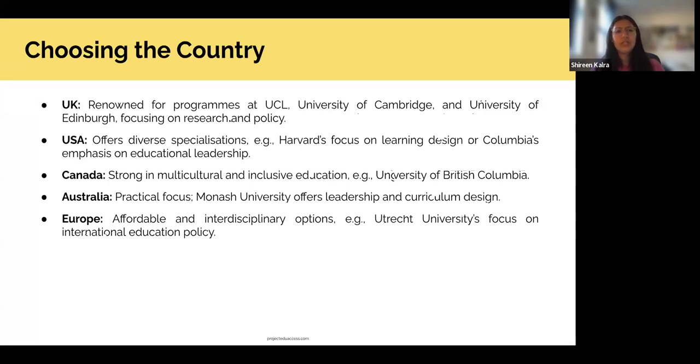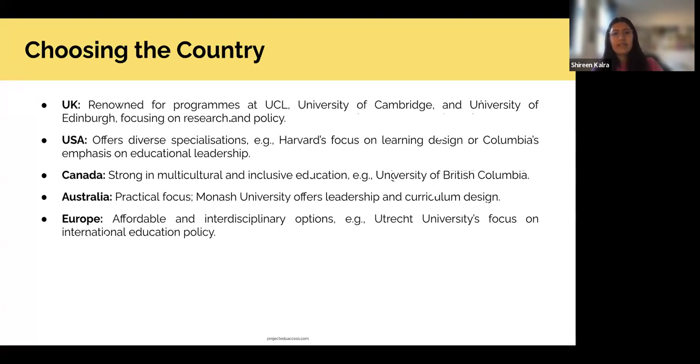So like just looking at, say, if I talk about the UK, right? You need to think about just what prospects come later after a degree. So just looking into things like how much time commitment are you giving? For US, like mentioned earlier, it's 2 years. For UK, it's a year. So just looking at how much time you need to devote, and if you want to take a job, what the job perspectives or the economic market looks like in that country. Again, this is a far off thing, but it might help decision making: what the visa situation or the after my course is done situation looks like.